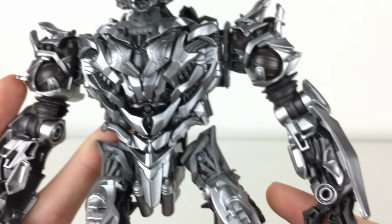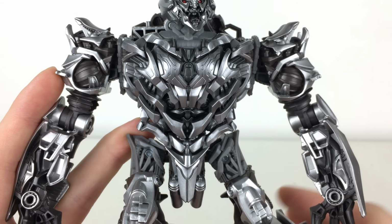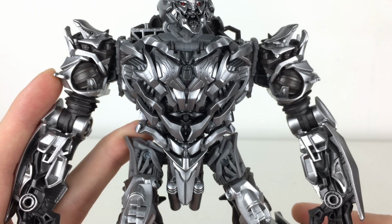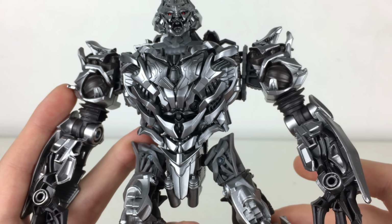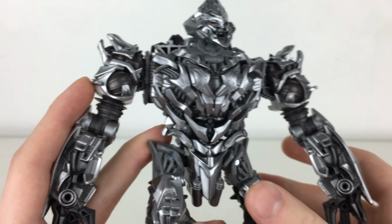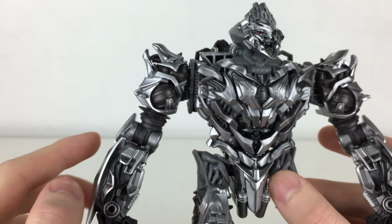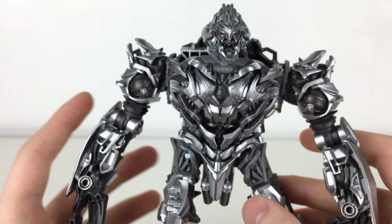And then as we turn around now to the torso area, this was another reason as to why I wasn't necessarily that hyped about this figure, as this entire region here is just a reuse of the Revenge of the Fallen Megatron, and the first movie Megatron does have a different design, but I've got to say, having it in person, you really don't notice it too much, and it definitely does blend in very nicely with the rest of the sculpt, particularly being done in a completely silver paint deco. On the shoulders as well, we've got that very angular, very alien-esque type of design with different circular components within the actual shoulder. Loads and loads of fantastic details,